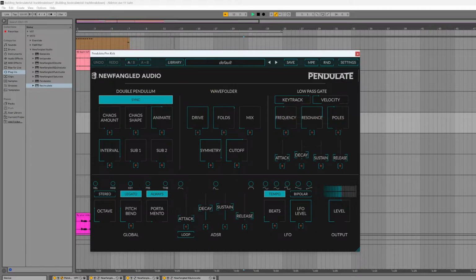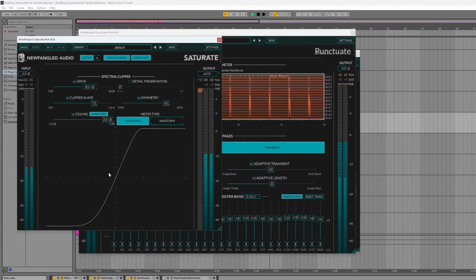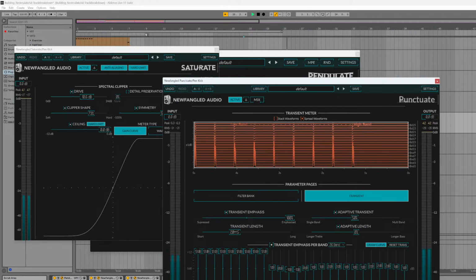It doesn't have a real strong undertone. That's because I didn't want to distract from the bass, which was sort of providing the tonal foundation to the low end. Pendulate by itself is just this bump. We're using Punctuate here to boost the transients on these lows. Everything below around 1,000 hertz is getting boosted. Then we're going into Saturate. This is the hard hitter preset. I'll loop this. This is the hard hitter preset,